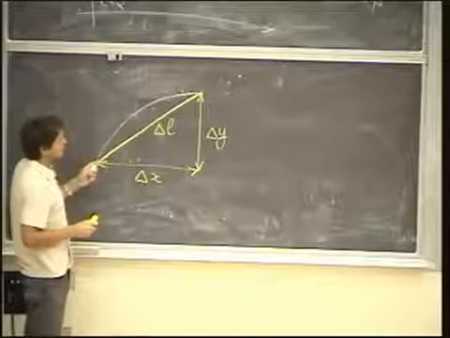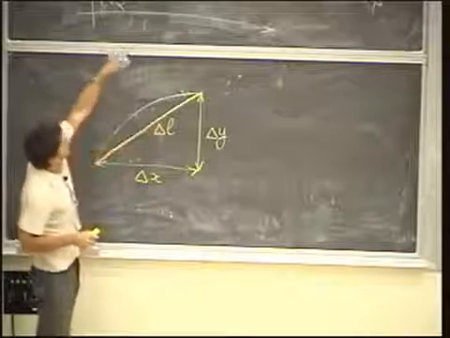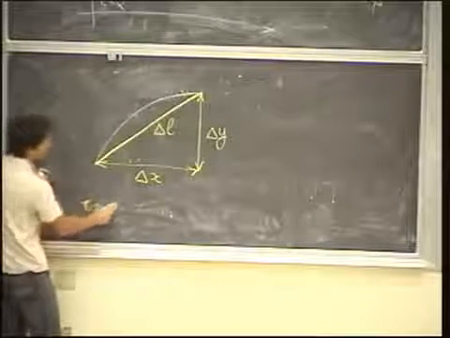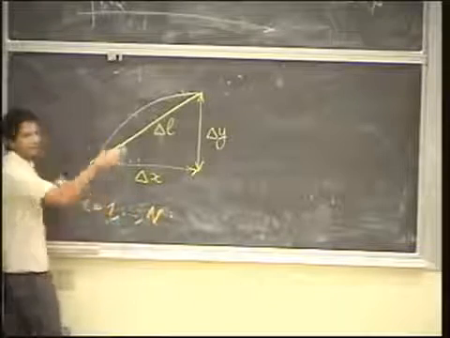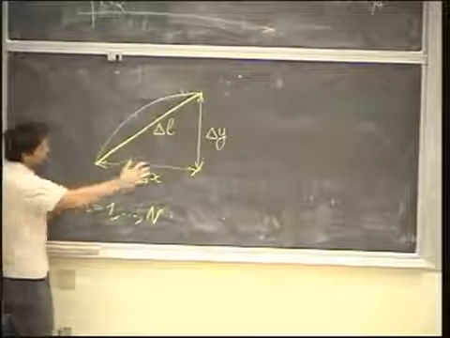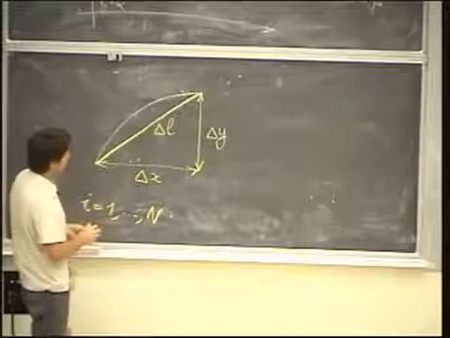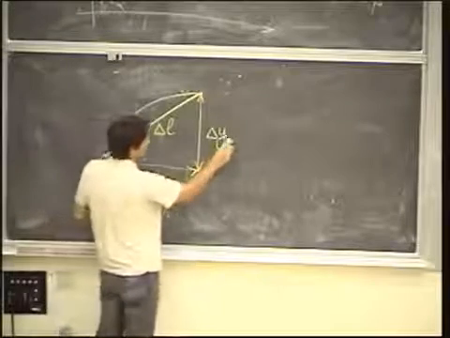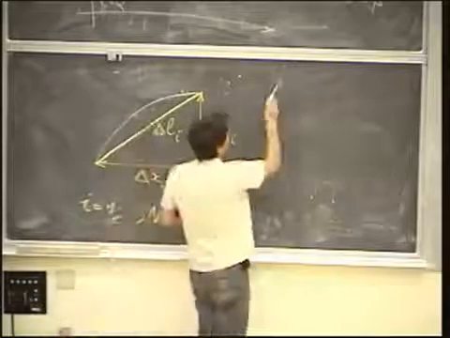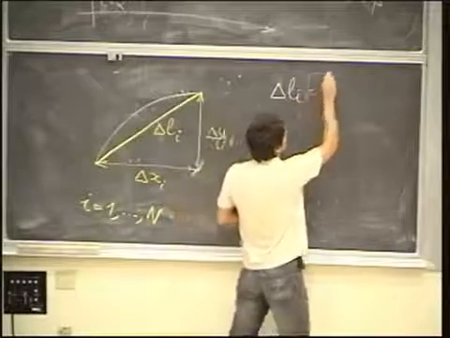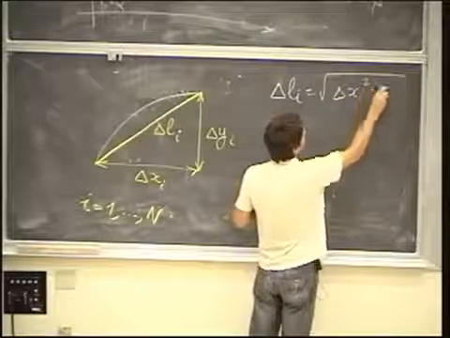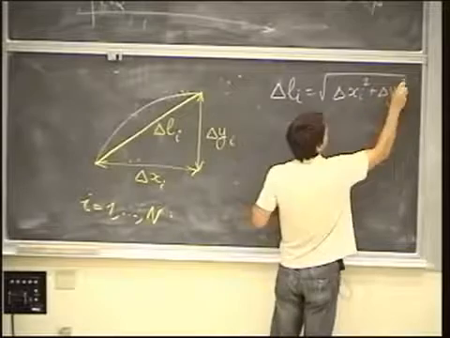Now, I want to say that this is for a particular segment. And let's say the segments will be numbered. There will be segments numbered from 1 to n, where n is some large number, say 1,000. Well, in this picture, it's about 10 or so. But you want to break it into many pieces. So this would be really delta xi and delta yi and delta li. And delta li you find by Pythagoras theorem to be delta xi squared plus delta yi squared,